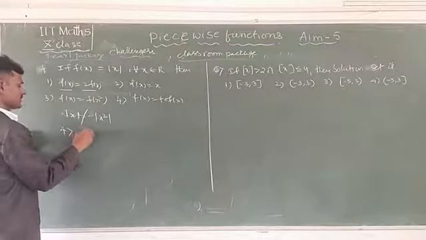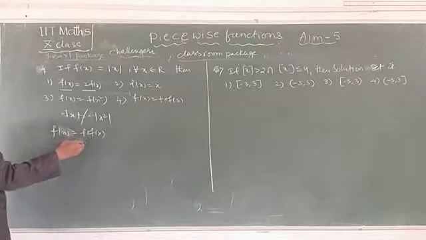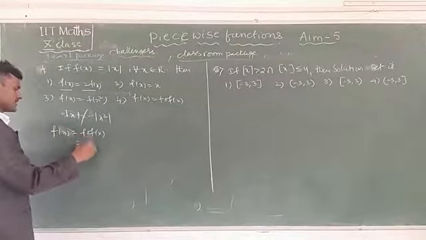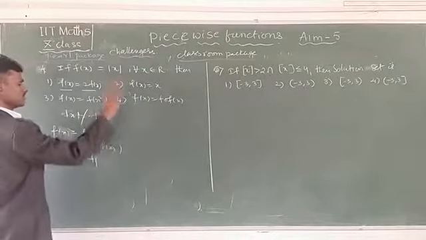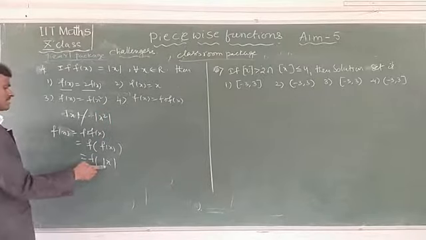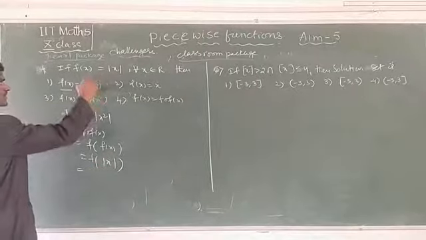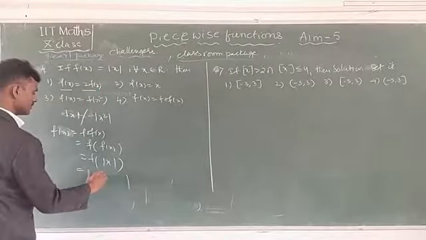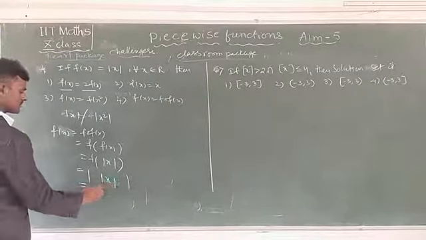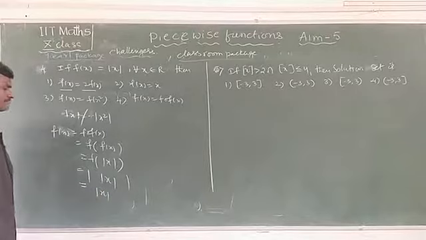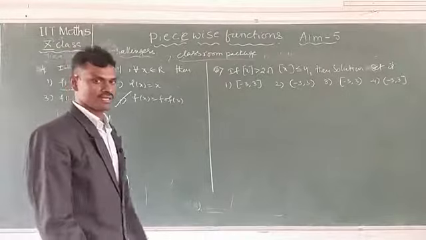Now the fourth one you can check here. f of x is equal to f circle f of x. f circle f of x is rewritten as f of x. f of x means modulus of x, and this is modulus of f of modulus of x, and this looks like f of x. f of x means modulus of x. Modulus of x means this is x, and modulus of x means modulus of x only. Okay, that's why the fourth option is correct. Note down this one.